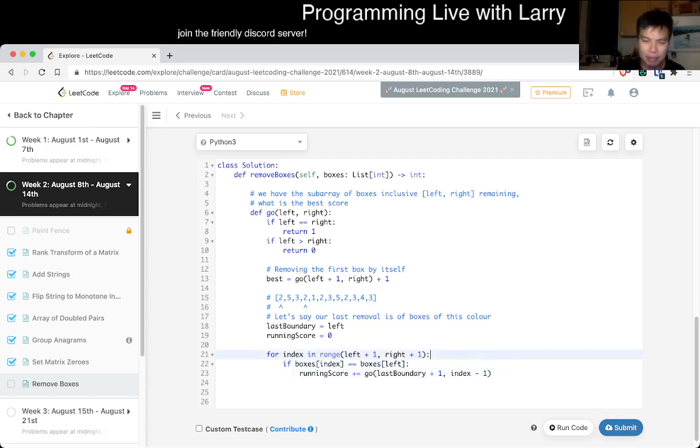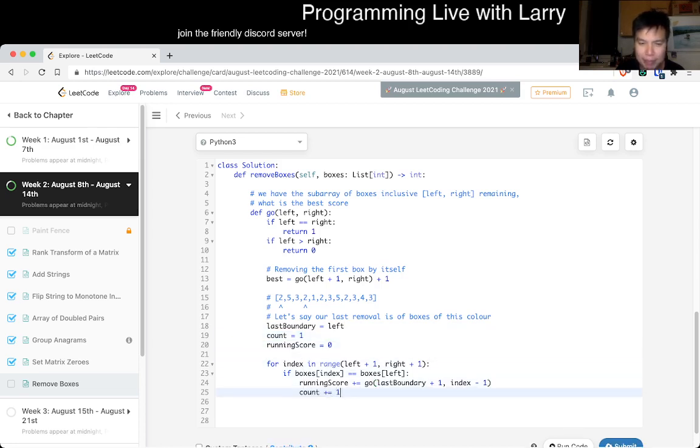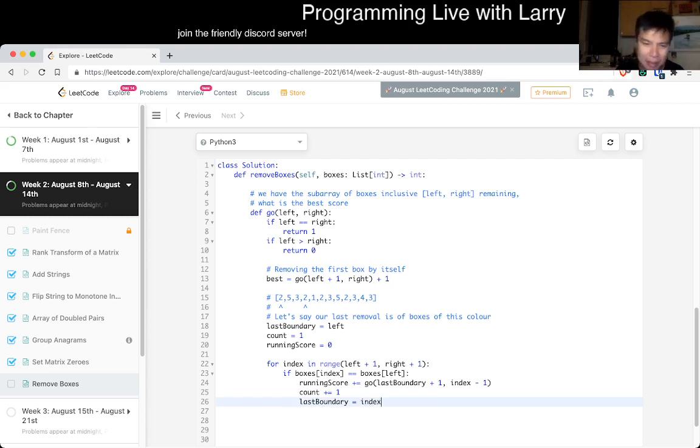and let's just do also count is equal to 1. This is basically the number of boxes that we're using so far. We want to increment boxes by 1, and then we want to set last boundary to, so now index is the last boundary, so we set last boundary, or maybe last same box, maybe it's a little bit better, but we set this to index for that reason. But then now, of course, the current score,